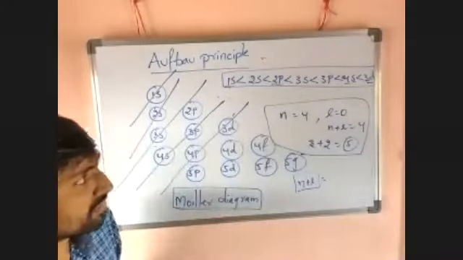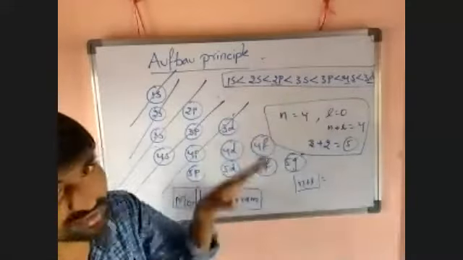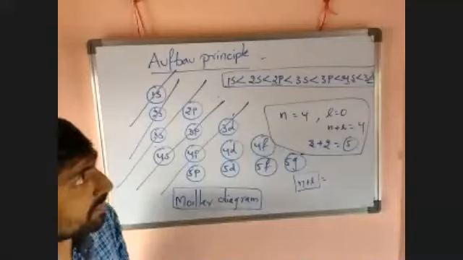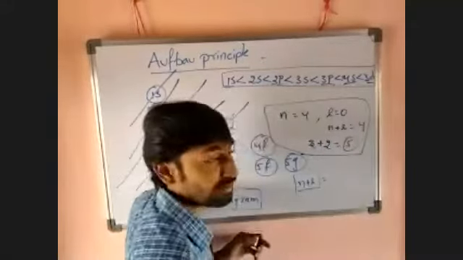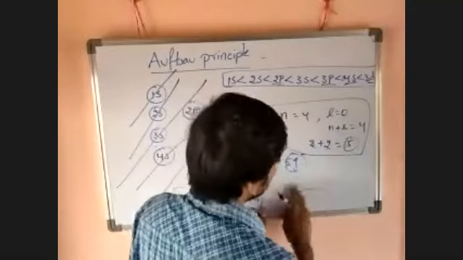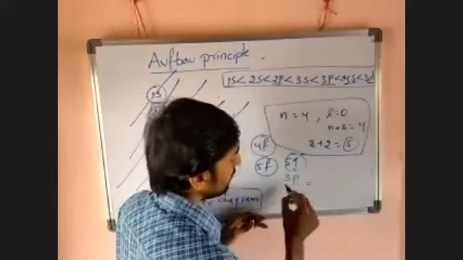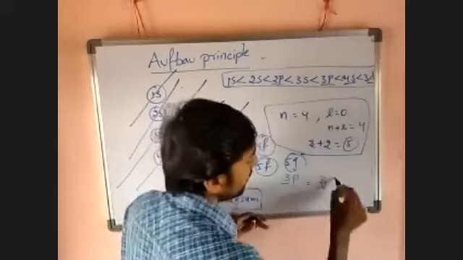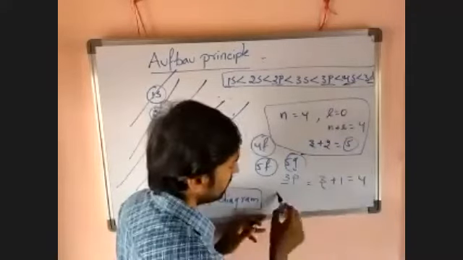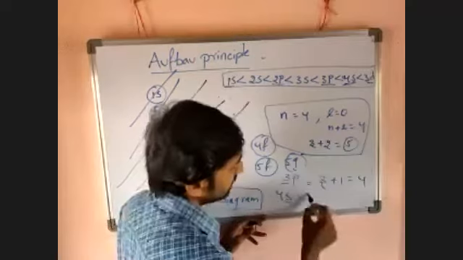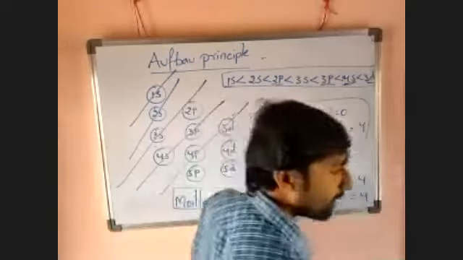Now, in certain cases, here is a very crucial point. Why am I not writing further? Look here, it is a very crucial point. How to calculate n plus L value for 3p and 4s? First we have to take 3p. N value is how much? 3. L value is how much? 1. Total how much? 4. How to take 4s? For s orbital, L value is 0. That equals 4.